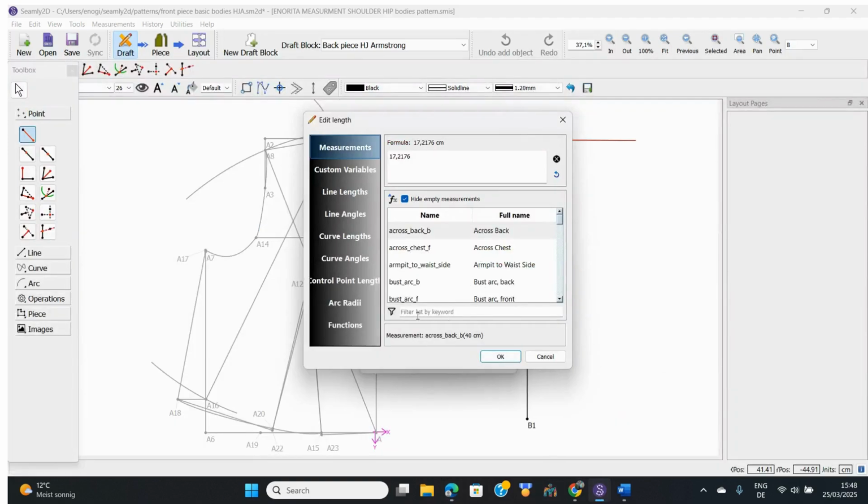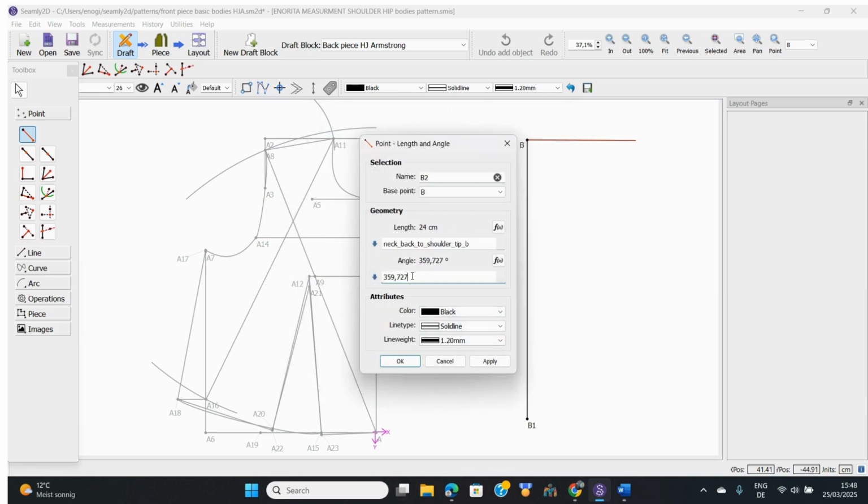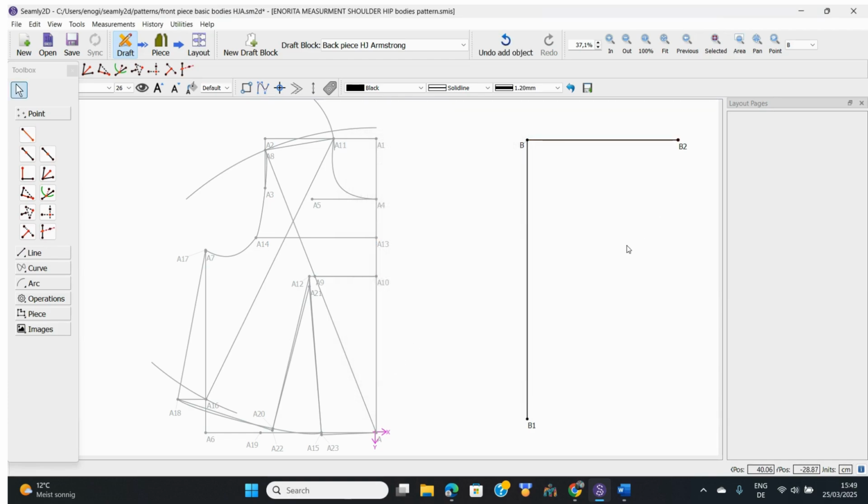And we're going to be looking for neck back to shoulder tip back. Okay. I keep forgetting to remove this number. Neck back to shoulder tip back. So we click on it. This is 360. Going to the right. So we have our B2 right there,